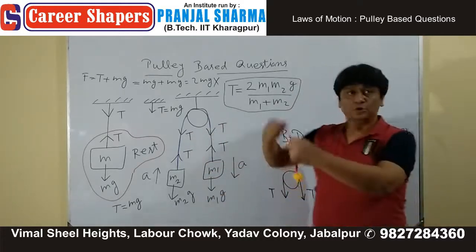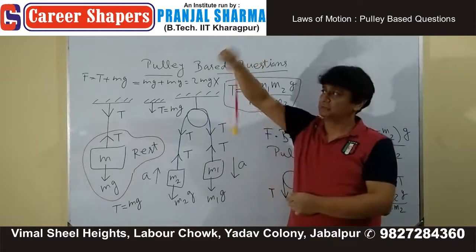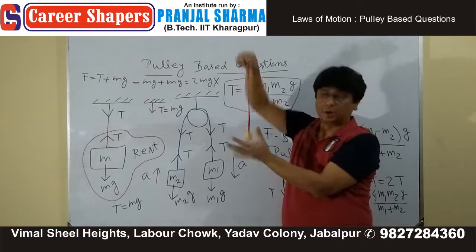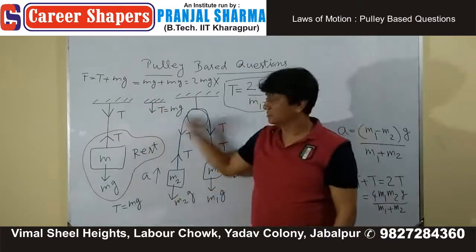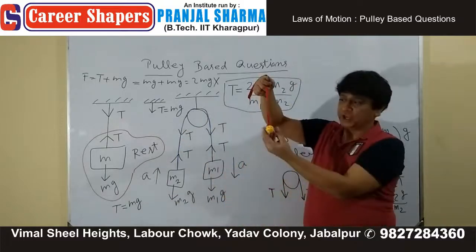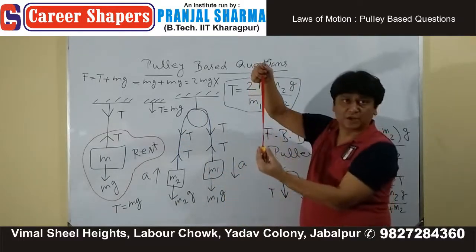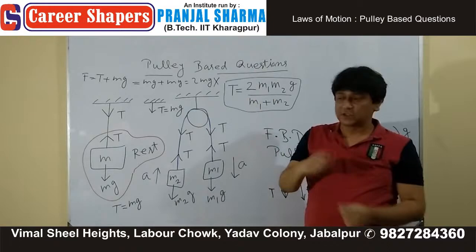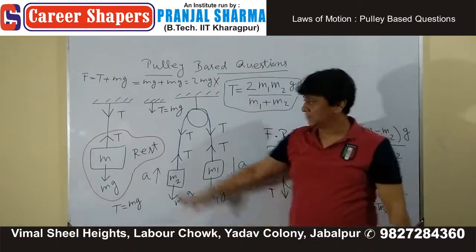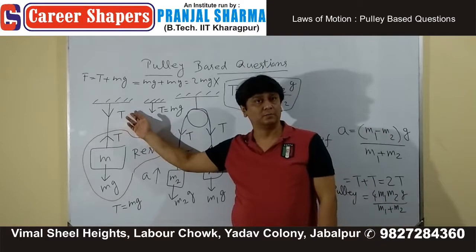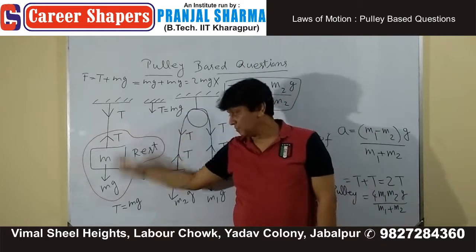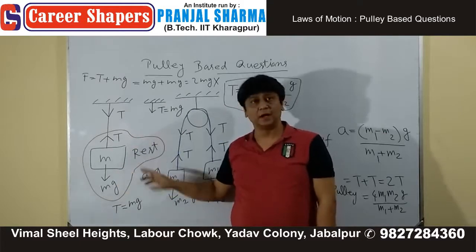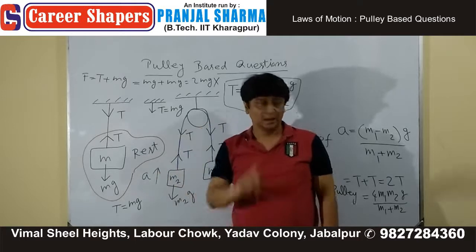m1 plus m2? किस तरह से मैंने एक्सप्लेन किया था, I am holding this, अब मेरा हाथ कितना फोर्स लगा रहा है इस बॉडी के वेट के इक्वल, ये रहा उसका रीजन। अगर ये चीज स्लिप कर रही है नीचे, if this thing is coming down, if this is slipping down, इसका मतलब जो फोर्स मैं लगा रहा हूं वो इस बॉडी को रेस्ट पर रखने के लिए सफिशिएंट नहीं है।